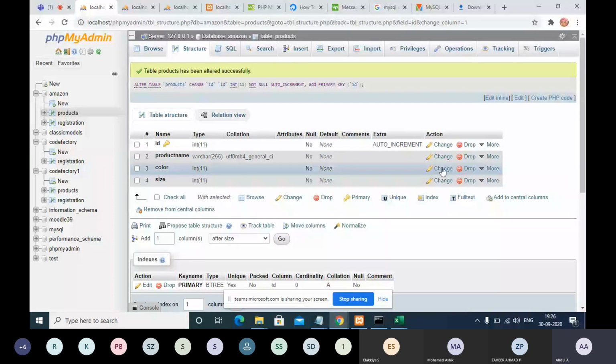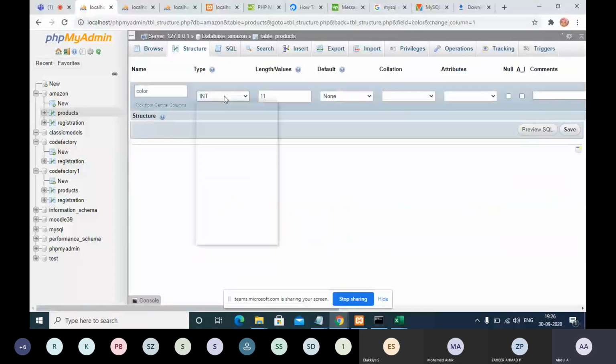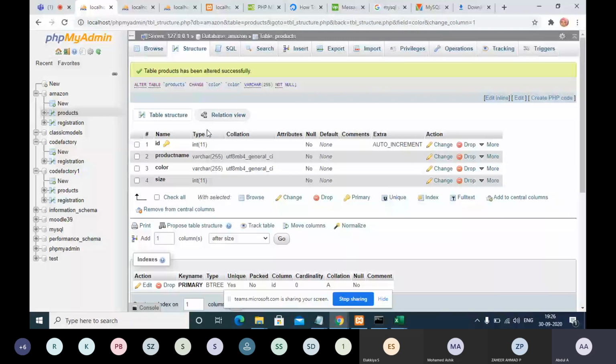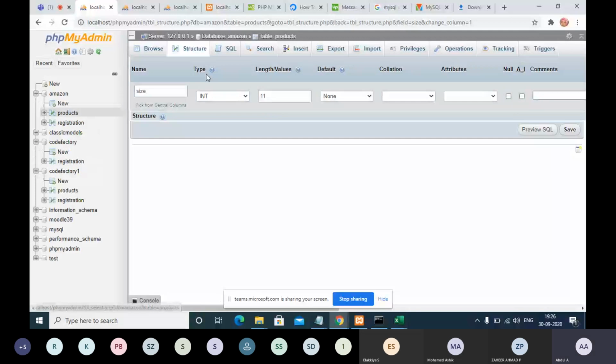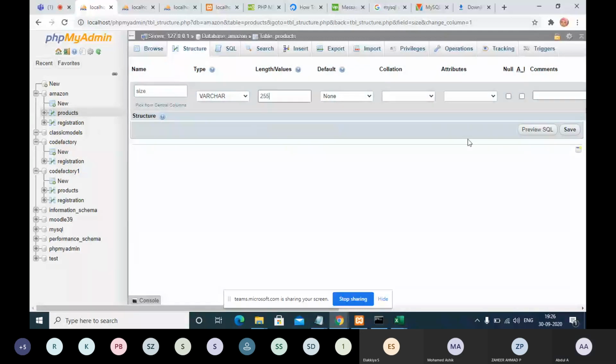Now color also, I'm just changing the data type to varchar 255. Save. Size also, I'm just changing to varchar 255. Okay. Now we can start to do the entry.